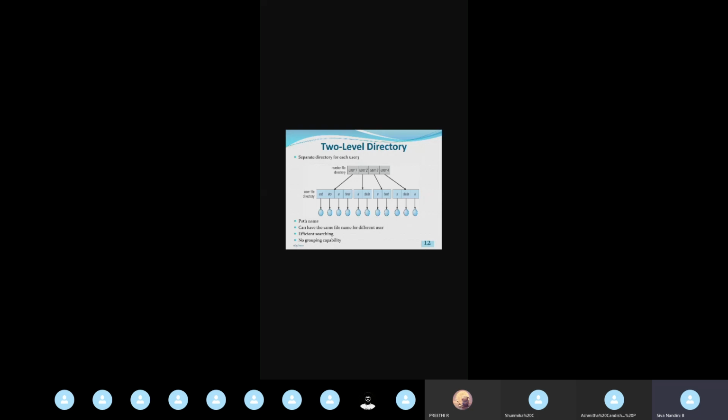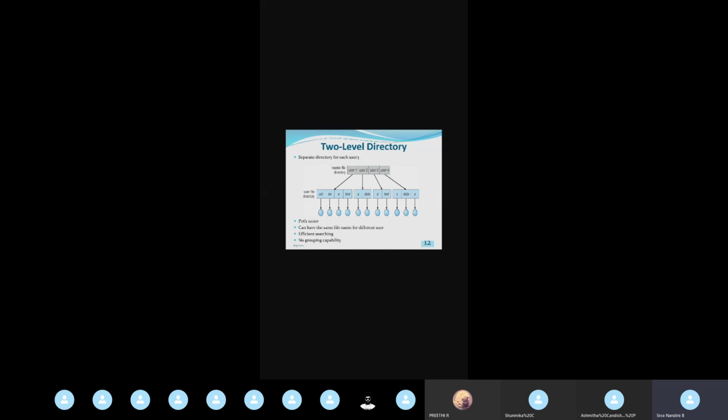And under user 2, whatever files are required for this paint application, then the files required for this video player, and the files required for this gaming application. Like this, I'm having 2 levels. One level is the master file directory, another level is the user file directory. Master file directory means, for a single system, what users are available. It may be a login user or it may be different applications running at a time in a computer system.